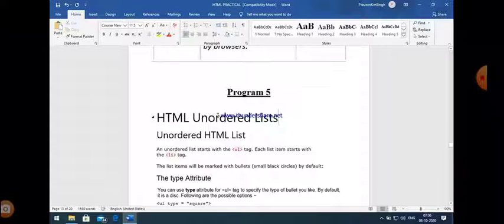We will just mark different data items, but not give any number or any alphabet to them. First of all, an unordered list is represented by UL. U refers to unordered, and L to list. So UL is the tag used for an unordered list, and the different data items of the unordered list are represented by the LI tag. The LI tag represents list items. These tags are used together, and if you want to represent an unordered list, then after the UL tag you must use the LI tag to represent different list items.